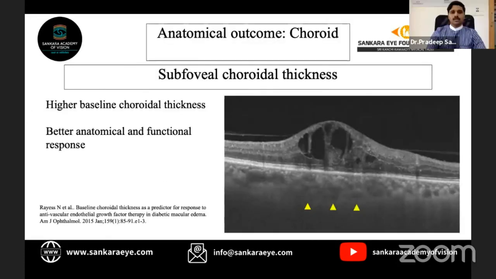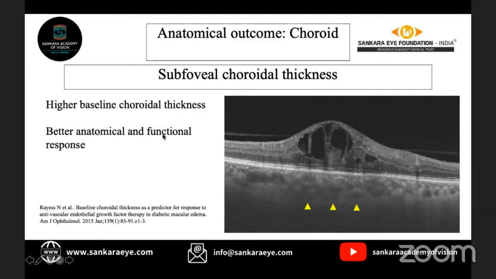To the choroid, the subfoveal choroidal thickness, if it is